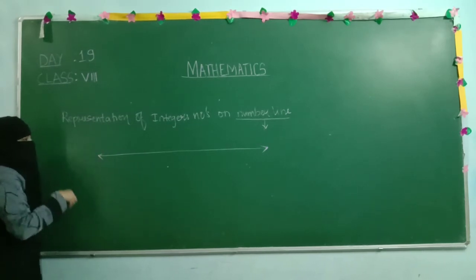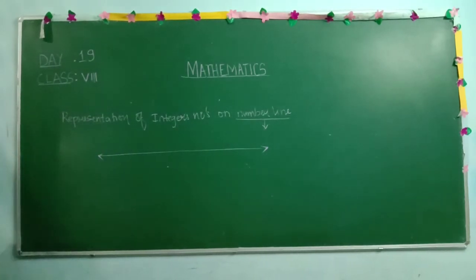So for the number line, as I said, a line is something we can define as not having any end point and going endlessly in both directions. Based on that, I have drawn the line on the board. This is just a line, but we are talking about the number line, so it should have numbers. So which numbers should it have on this line? Yes, we have to represent the integers.